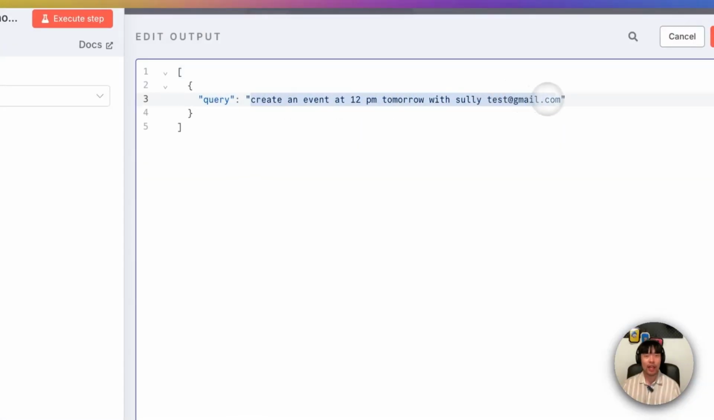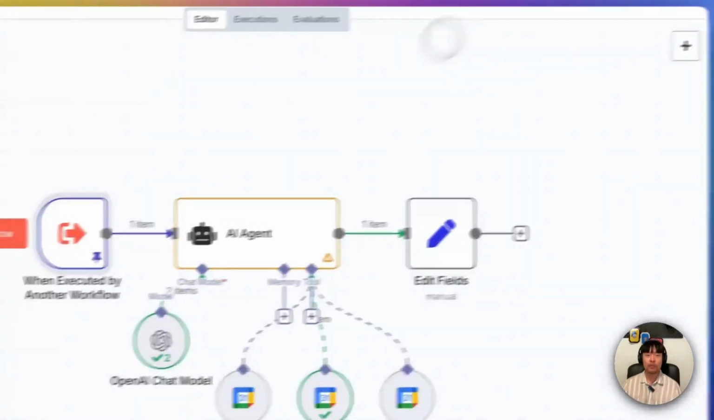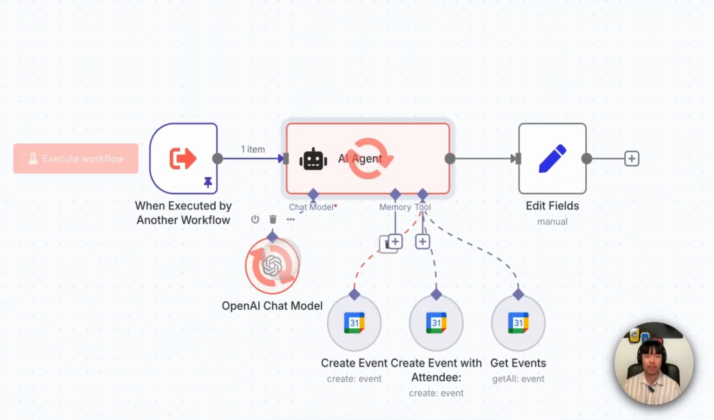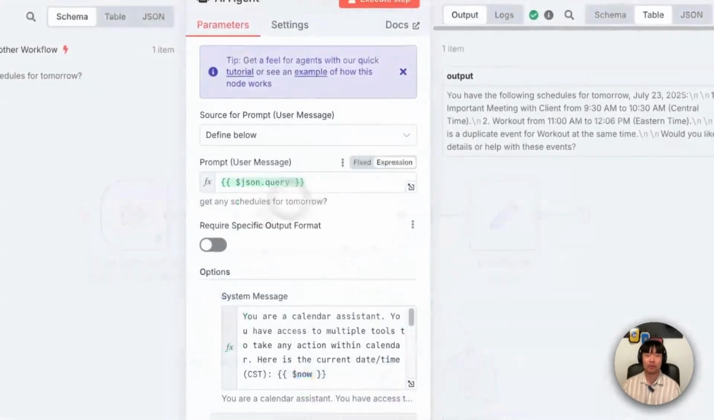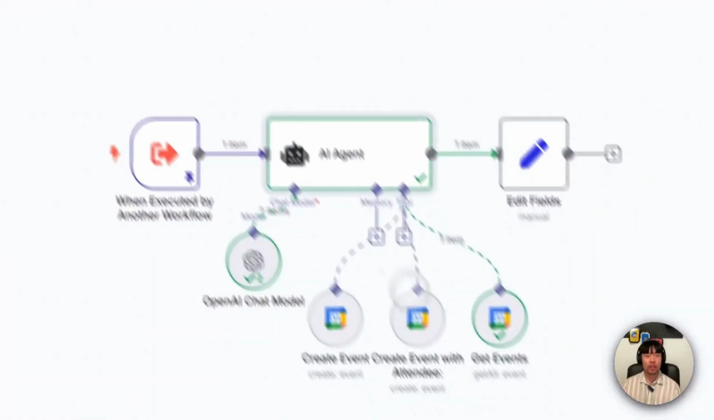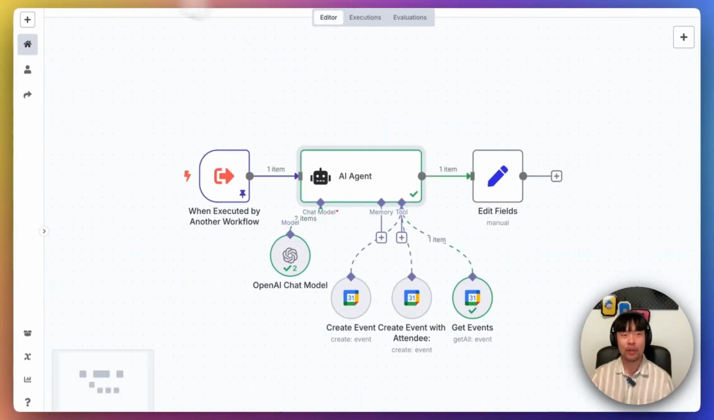I want to ask here, get any schedules for tomorrow. So if we ask any schedules tomorrow, it should work. I saved it and get events, get the results back. Use AI again to organize it. If we look at here, you have the following schedule tomorrow. I have a client meeting. Our goal achieved here. We get the schedule back from this AI assistant,